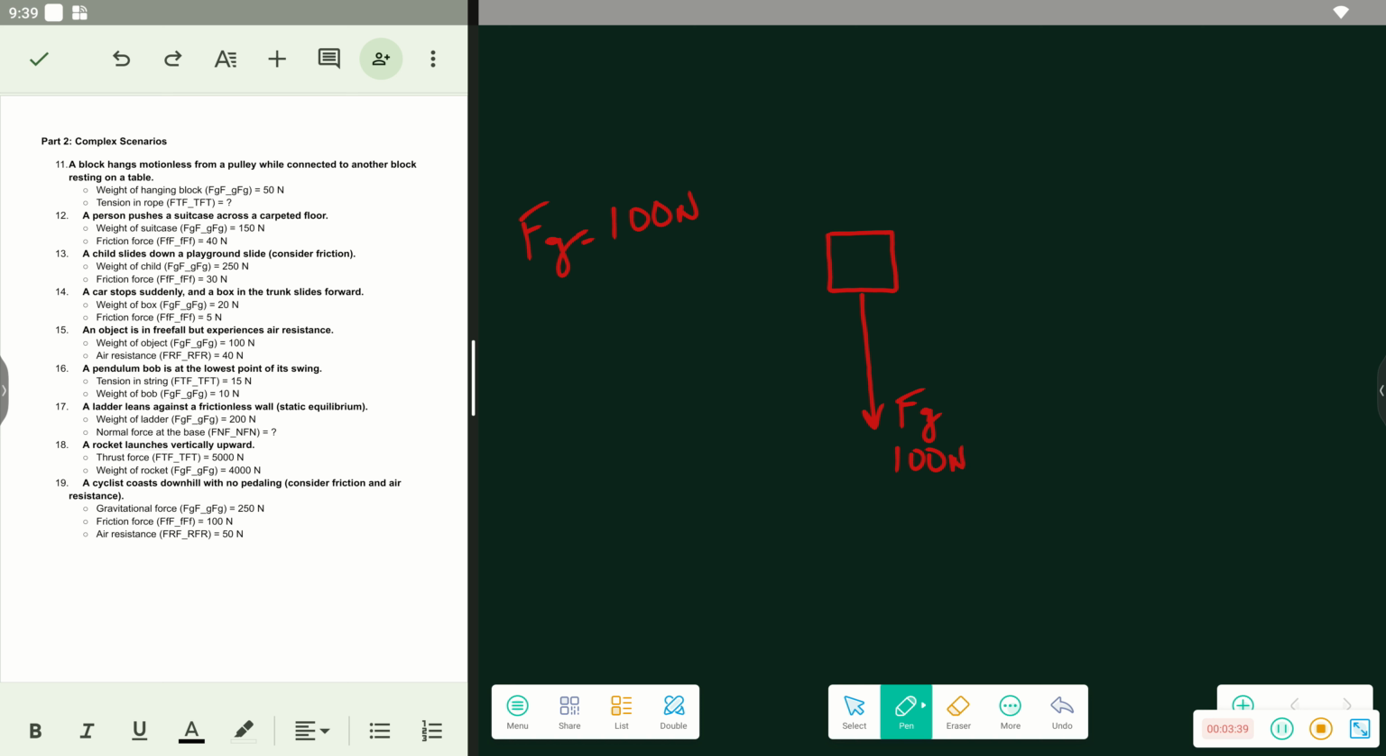Okay, the force of air resistance is 40 newtons. And that's the force of air. Okay? It's not moving left, it's not moving right. That's all it is. So the net force